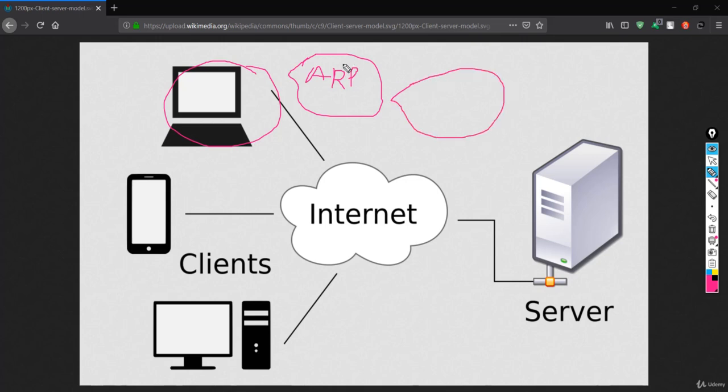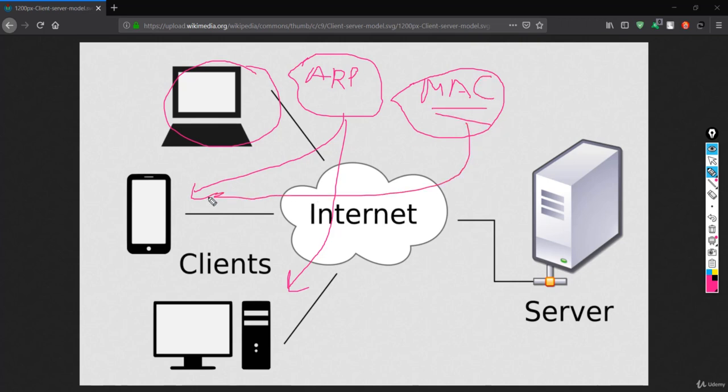After that we are going to give this to the broadcast MAC address. Instead of giving this ARP request to clients directly, we give it to the broadcast MAC address, because this is going to give the ARP request to everyone. The ARP request will have the IP addresses of each of these clients, and that will give us responses in the form of MAC addresses back to us. That means we'll achieve the IP addresses and MAC addresses of each client connected to this network. So let's do that.